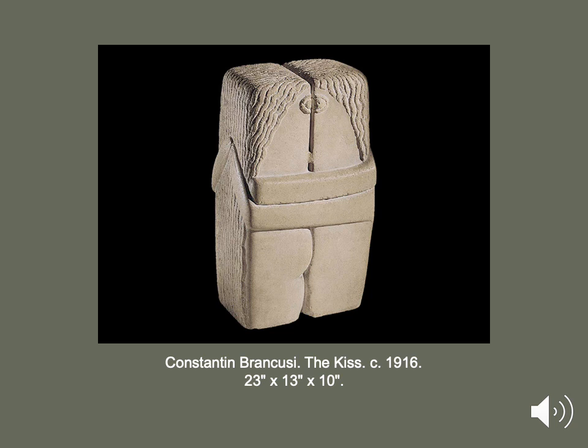So the idea behind this sculpture is that the kiss is something that can bring two people together. And it's more about the spiritual or emotional connection that two people can have, rather than the physical nature. Because Rodin's piece is emphasizing naturalism and the body, we can see that that one is about the physical nature of the kiss. And this one, because it's emphasizing these more abstract qualities and the unity of the two figures, we can say that this is representing the emotional connection of a kiss.